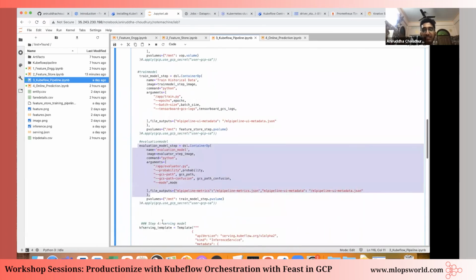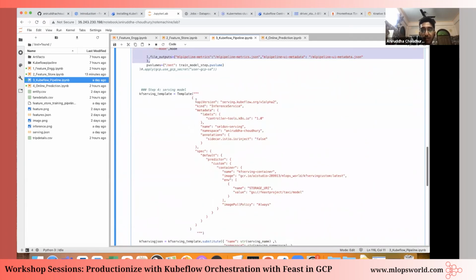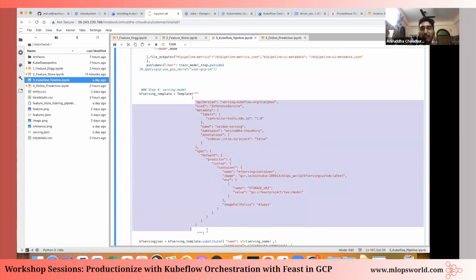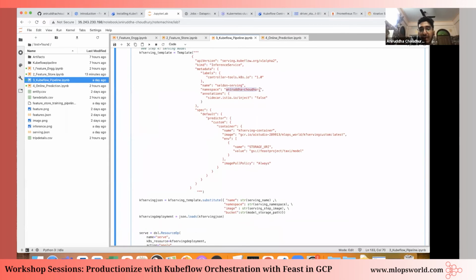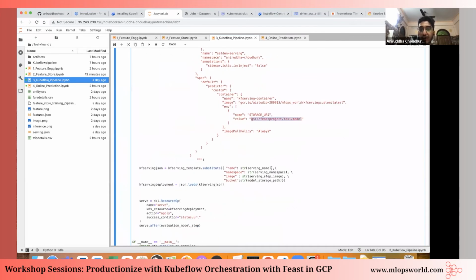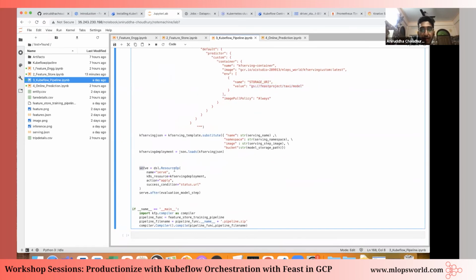The next step is your serving. The template which I have shown in the YML format, you have to transform it into a JSON format, and you have to provide the namespace. Let's say I provided my namespace Aniruddha Choudhury. You can provide your name, and you have to provide your Docker image name, and the path of your Google Cloud Storage bucket where your model is saved. You can substitute it, or you can directly hard code it. Once you do it, it will return a DSL resource op which will serve the model,